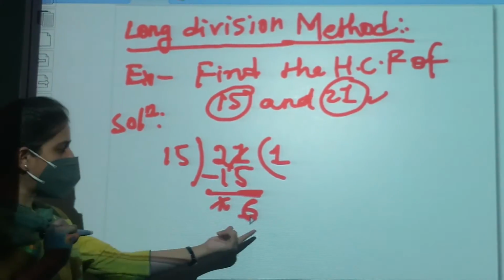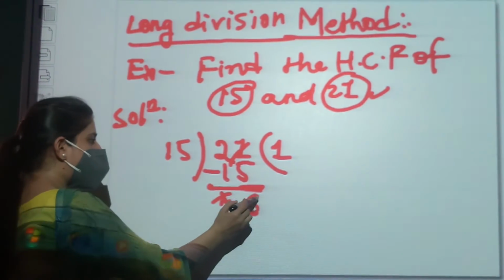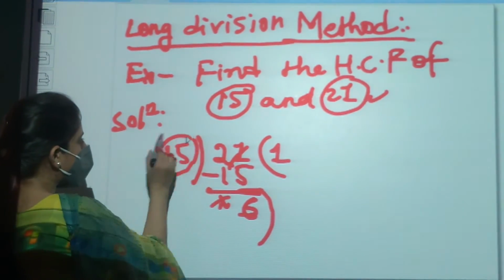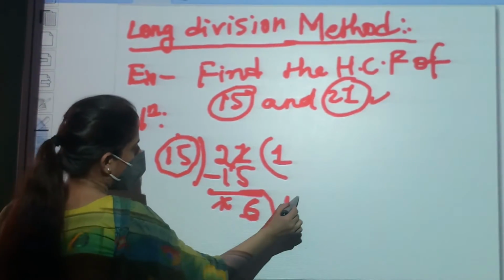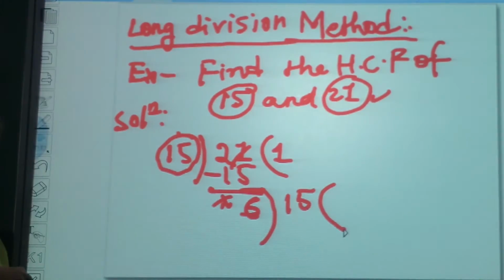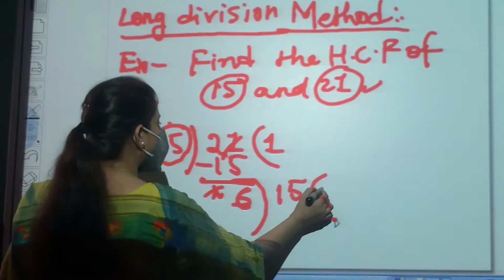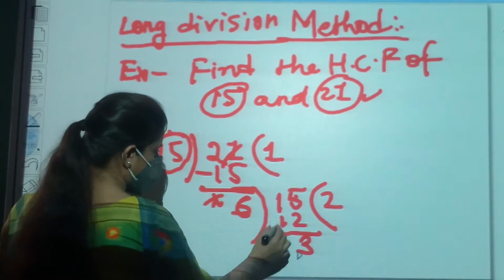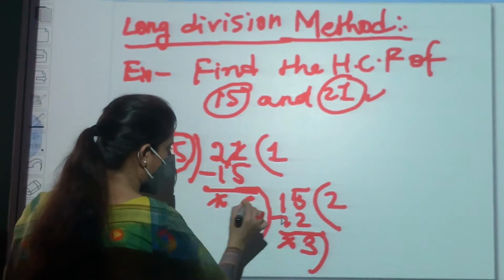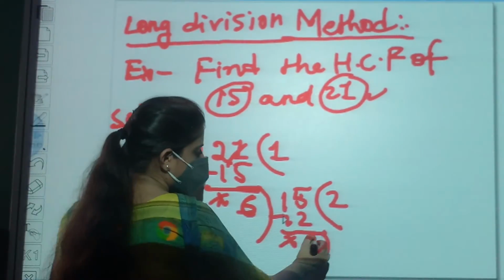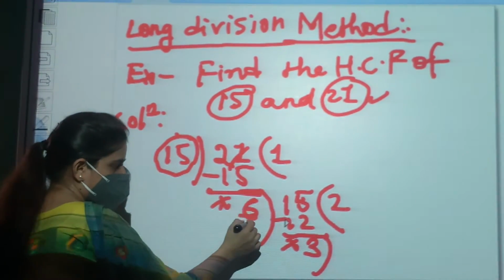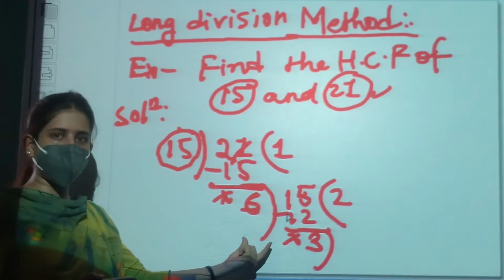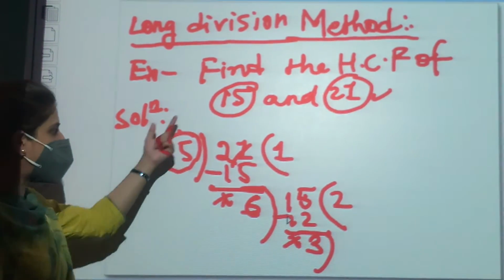6. The remainder which we get, again we will use this as the divisor, and the first divisor will be our new dividend. Okay. Now again we will divide. 6 twos are 12. 15 minus 12, 3. Subtract it. Here whatever remainder we get, we keep on dividing the previous divisor by the remainder.